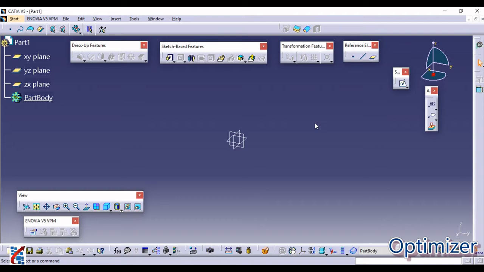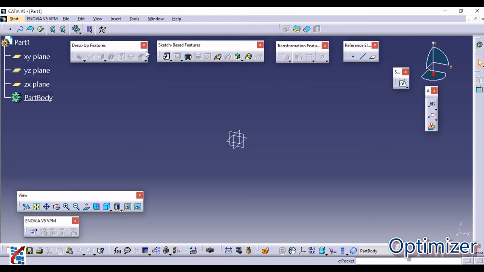Now we are going to see the different important toolbars in part design. First of all, sketch based feature. This one is important. Second one is transformation feature, then dress up feature, reference element and view, and the last one is Sketcher. So these are 6 important toolbars of part design.